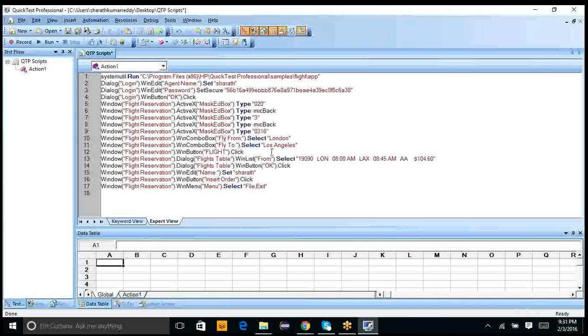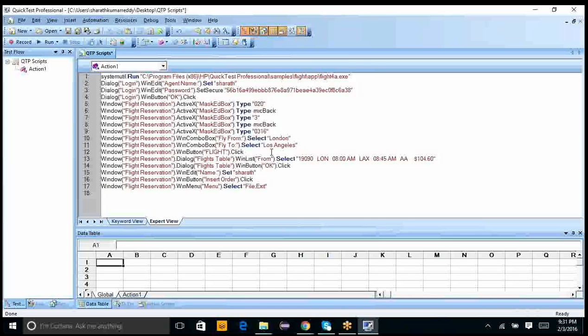After app, forward slash, before the double quote. Flight4a.exe. You have to mention the file name as well. Flight4a.exe, and close the double quotes.